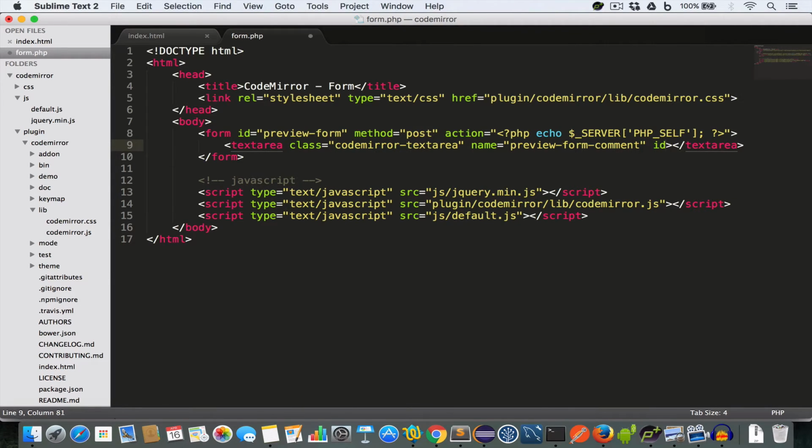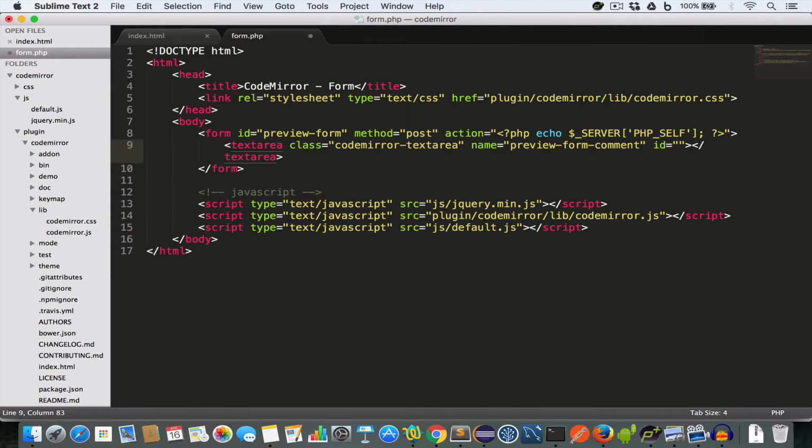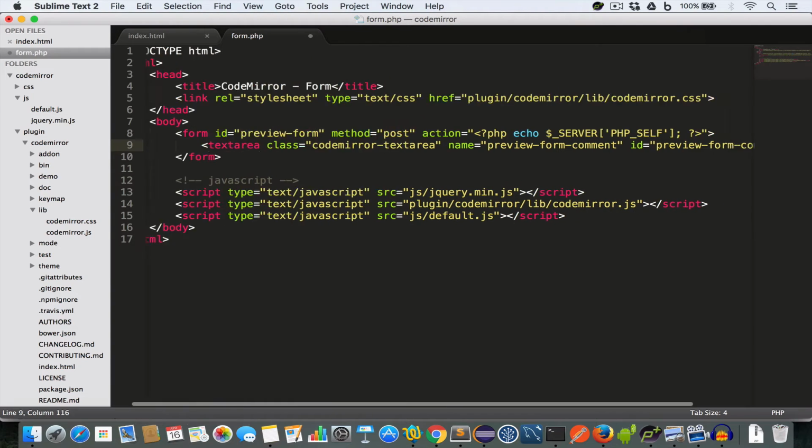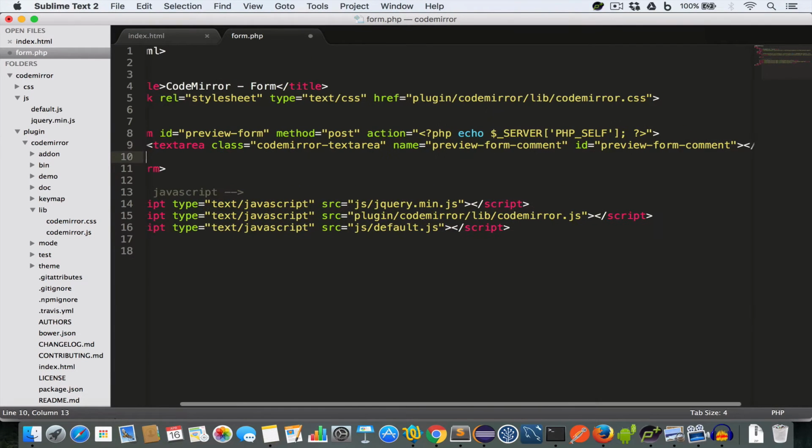We can give it an ID also, so we can write preview form comment. Let me just word unwrap,